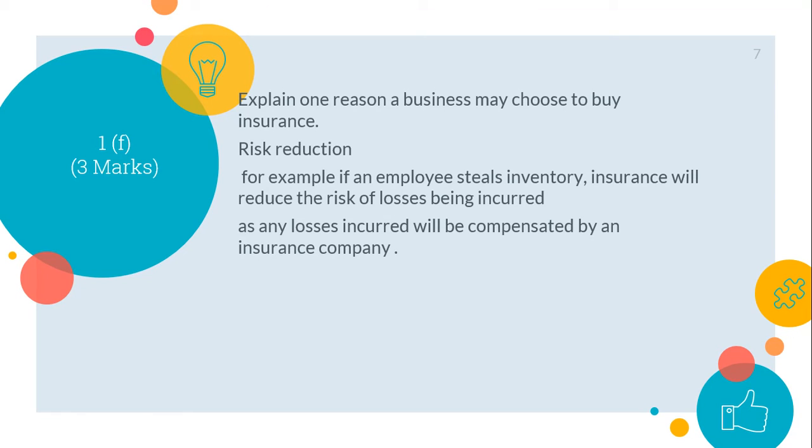So here you're giving an example and the reason why this example is valid. The reason why businesses buy insurance is for risk reduction, and then you give the example of an employee stealing inventory and how the insurance company will compensate for it. So it's very important. For 3 marks, you have to give the reason, then you have to give an example